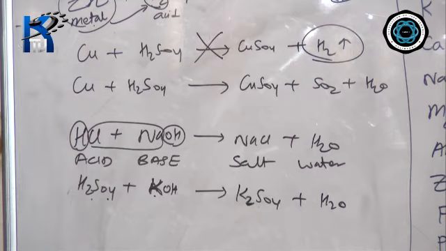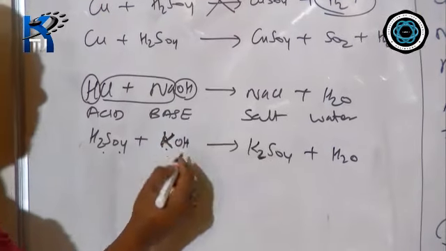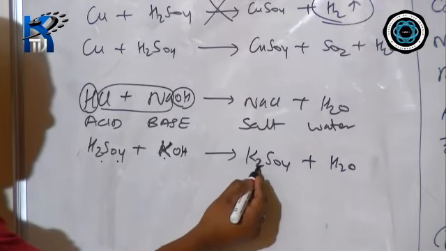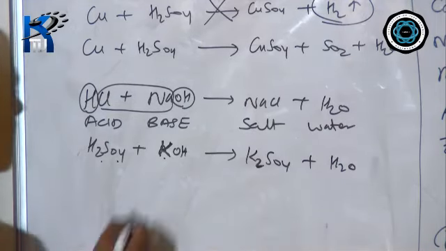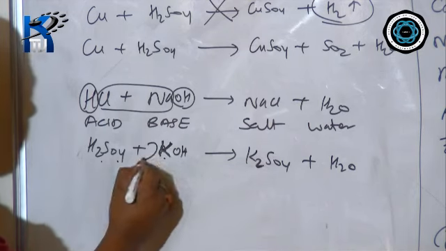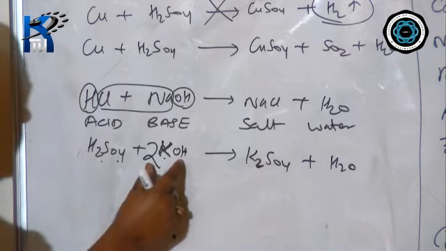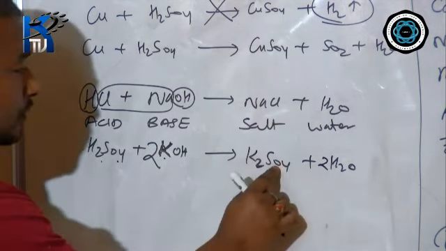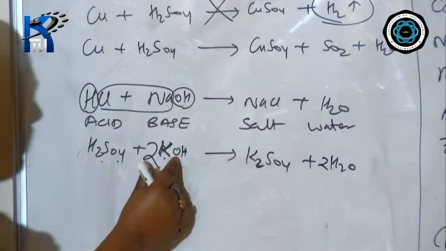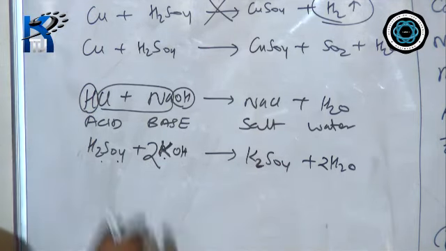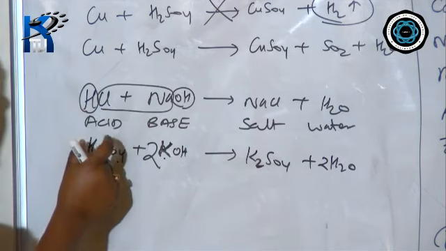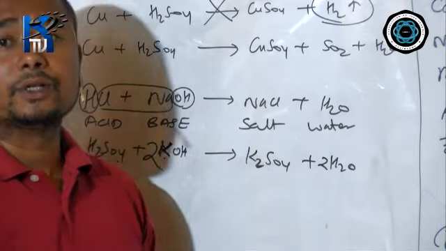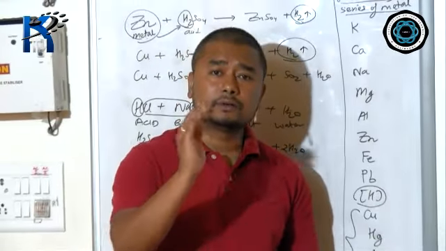When you balance it, it's not that you have to start with oxygen, you can start with any metal or element. So in this case, I see 2 potassium here and only 1 potassium there. So start balancing from potassium: 2 potassium, 2 potassium. Balance hydrogen: 2 here, 2 here, total 4. So 2 twos are 4. Balance sulfur: 1, balanced. Oxygen: 4 plus 2, 6, 4 plus 2, 6, balanced. So do remember, students, any acid reacts with any base to produce salt and water. And such a reaction is known as a neutralization reaction.